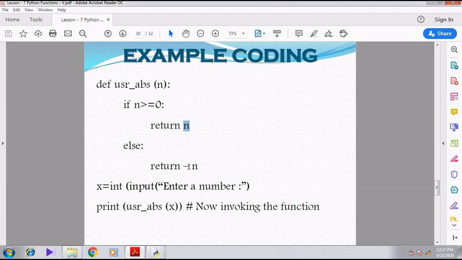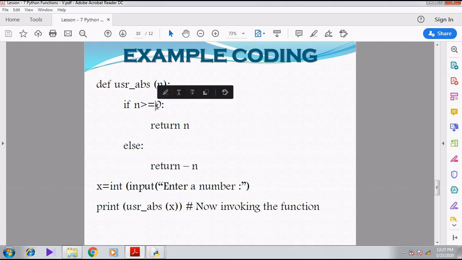So see here, I am getting the input using the input function. Enter a number. The number will be stored in the variable x, and then the variable x is passed to the function usr_abs. So the x value is assigned to n and then it checks the condition.